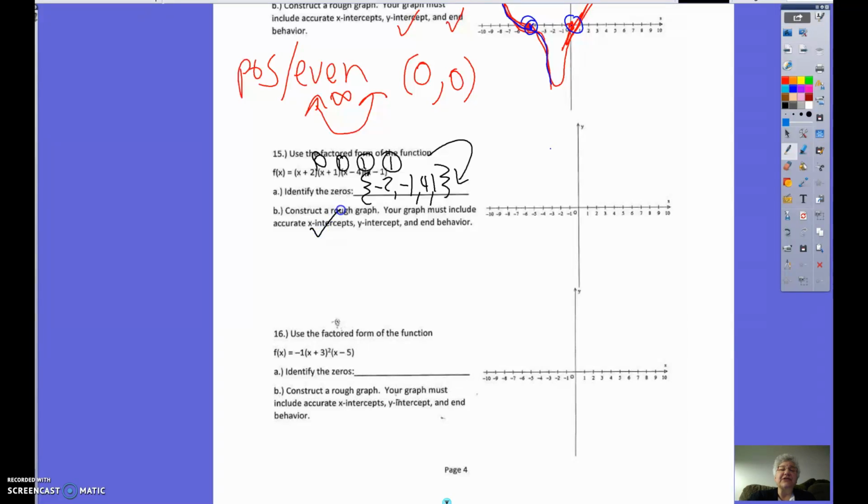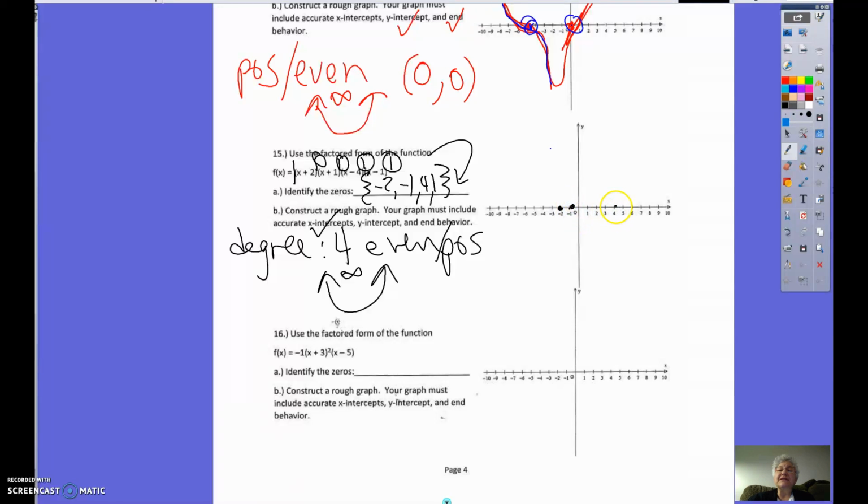So we've done our x-intercepts. Our end behavior is going to be determined by the degree, which is 1 plus 1 plus 1 plus 1, which is 4, an even number. And the coefficient we don't see in front is +1. So it's even positive. The end behavior of our polynomial is going to be the same as an up-facing parabola, facing towards positive infinity. So after I graph my x-intercepts, -2,